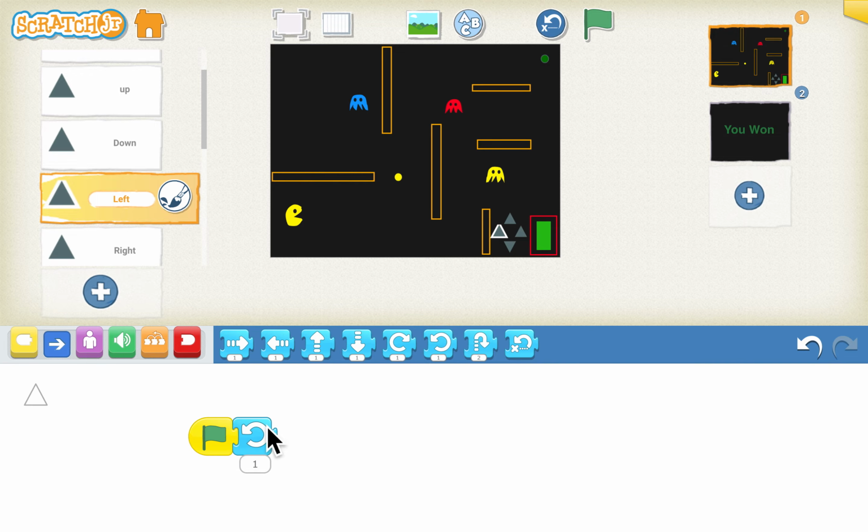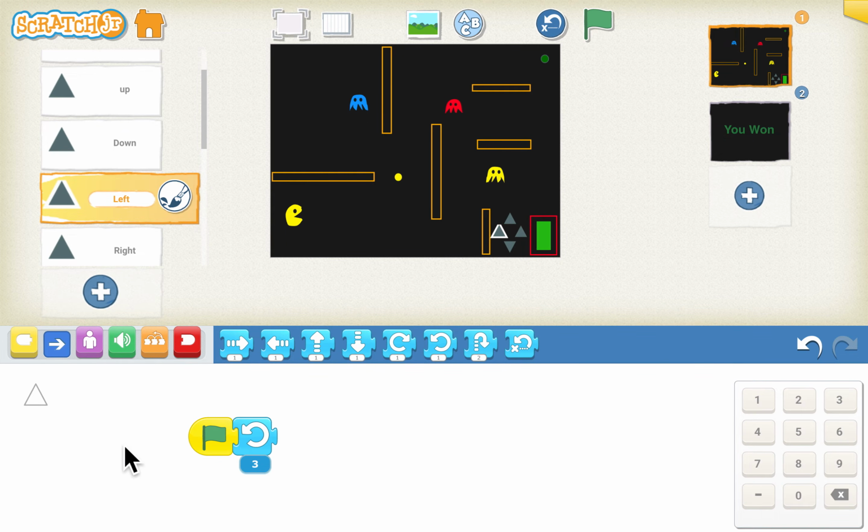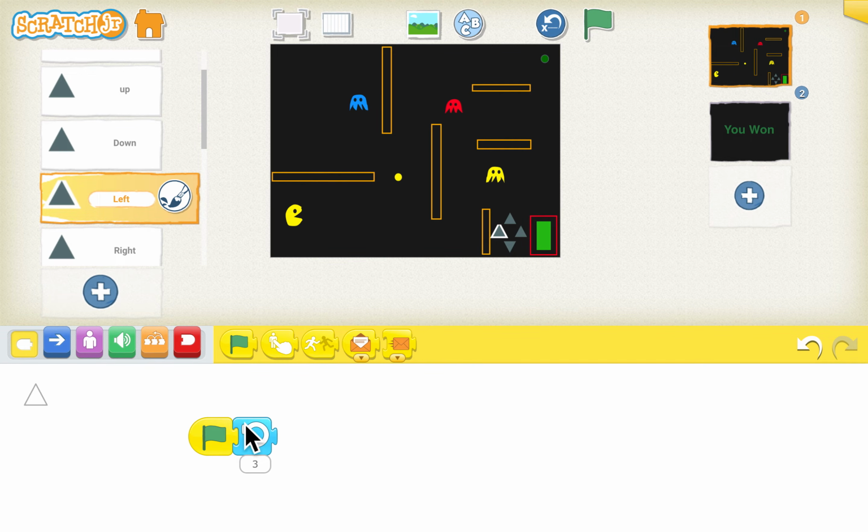As we know, if we rotate it 3 times, it goes half way. We'll put 3 here. And then we will again go to the events blocks, and when we touch the left arrow, it has to send some message, and maybe we can say it is red in color.